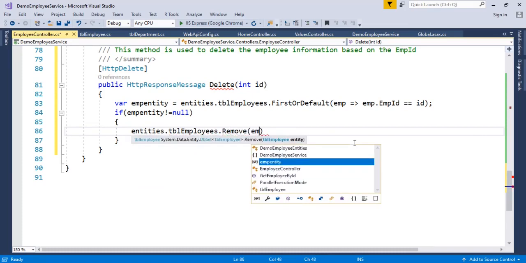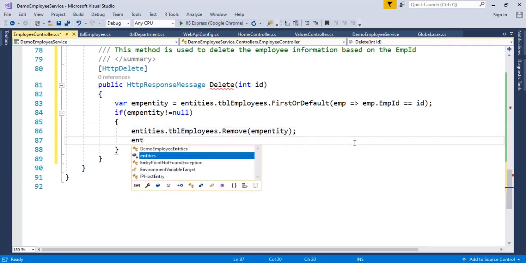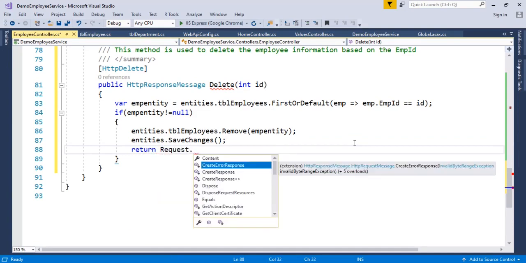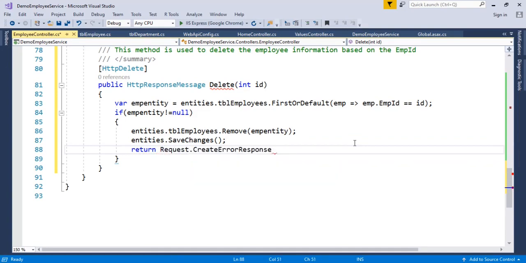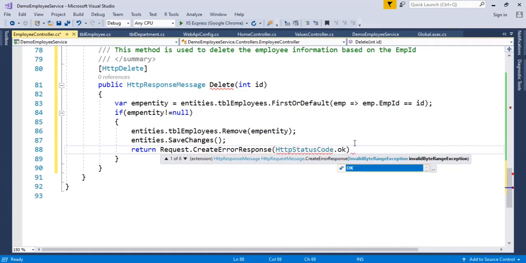So emp entity, and entities dot save changes we are going to write, because to persist this information into the database we are going to write this statement. Then return of, we are going to return the status message. Request dot create response, HTTP status code dot okay, that's it.